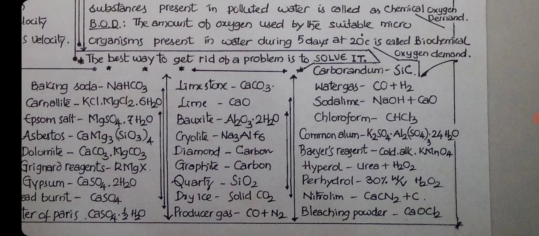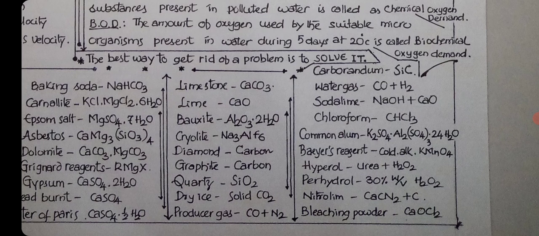Limestone is CaCO3, lime is CaO, bauxite Al2O3·2H2O, cryolite Na3AlF6. Diamond and graphite have only carbon, formula C. Quartz is SiO2, dry ice is solid CO2, producer gas is CO plus N2, water gas is CO plus H2. Carborundum is silicon carbide, SiC. Soda lime is NaOH plus CaO. Chloroform is CHCl3. Common alum is potassium aluminum sulfate, K2SO4·Al2(SO4)3·24H2O. Baeyer's reagent is cold alkaline KMnO4, used for